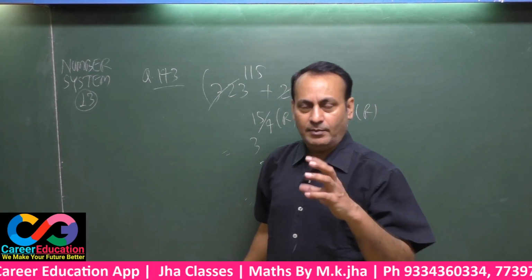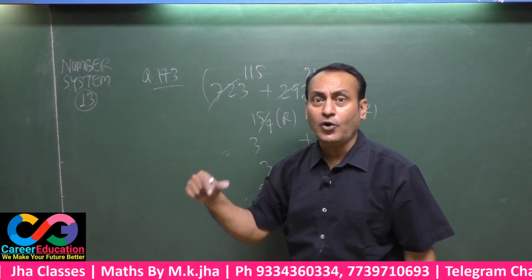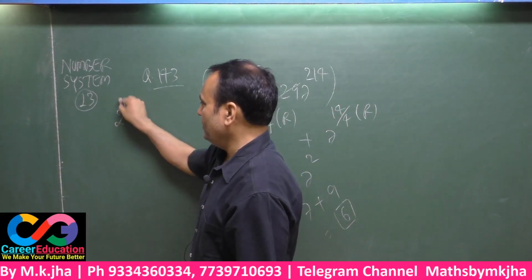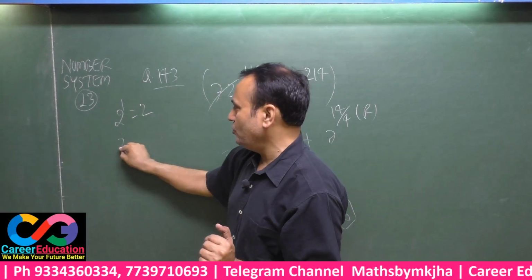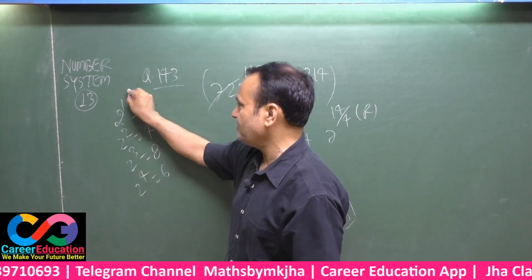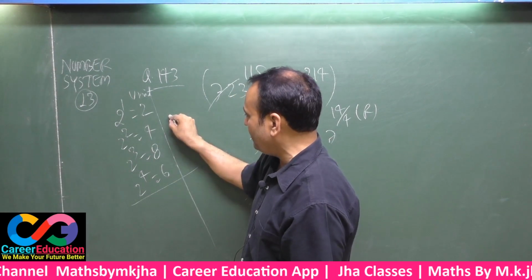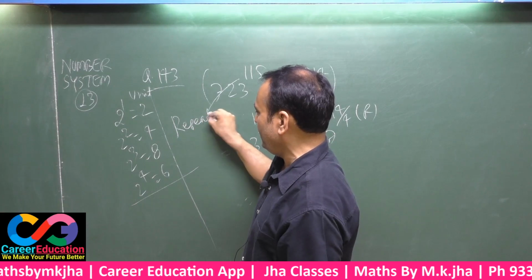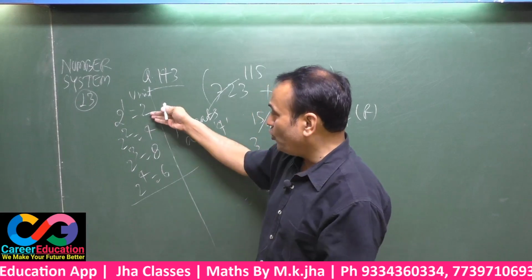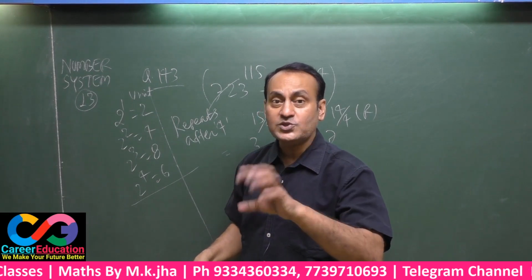There is a question that may have been raised in your mind, some of you. Why is the divisor 4 only, nothing else? See here. 2 to the power 1, unit is 2, 2 square 4, 2 cube 8, 2 to the 4 is 16, unit is 6. Again this will be repeated in the same order, repeating after 4. That means 4 types of units come here, and then the same order is repeated. That means cyclic order is only 4.